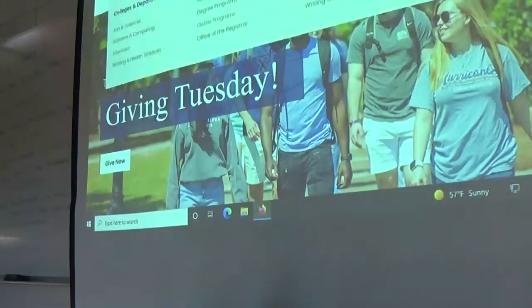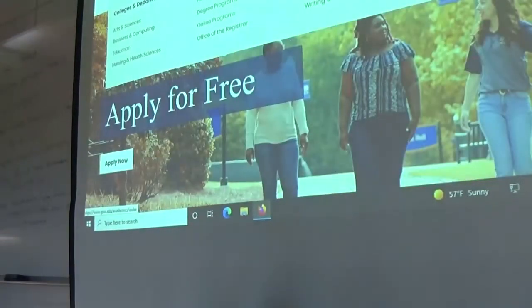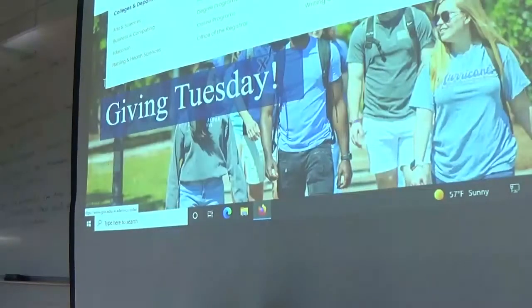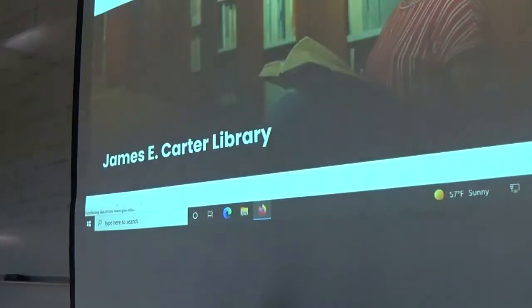So I have opinions about the new website, very, very strong opinions, about how easy it is to find things that I need, and that it's not. But to get to the library, we all remember that you click the academics tab, or scroll over the academics tab. It gives you the drop-down menu, academic resources. Click on library, here we are, right?